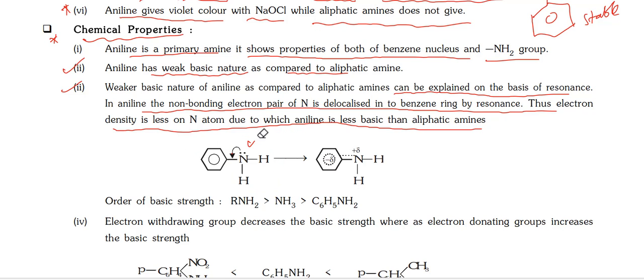Here telling that aromatic amines are less basic than aliphatic. Why means we can explain this thing by resonance. See here, due to the resonance, this lone pair is given to the benzene ring. अब ये स्ट्रक्चर में देखो, नाइट्रोजन के ऊपर there is no lone pair. So what can it donate? No, there is no electron pair, means it cannot donate. So that is the reason it is less basic.